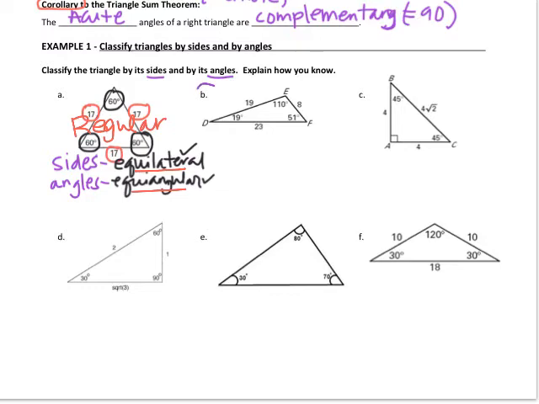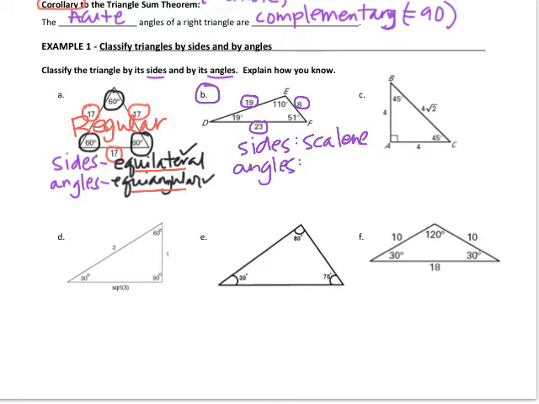All right, let's take a look at problem B. Problem B still is asking us to classify the triangle by its sides and by its angles. And according to the side lengths 19, 23, and 8, none of these sides are congruent. So by the sides, we would call this a scalene triangle. And if we were classifying it by its angles,